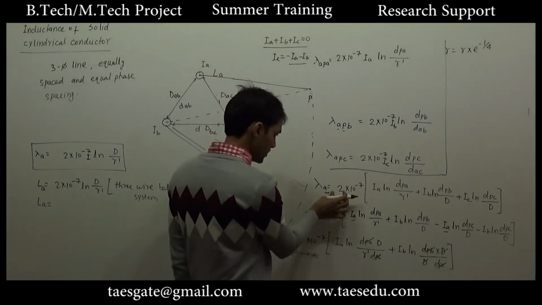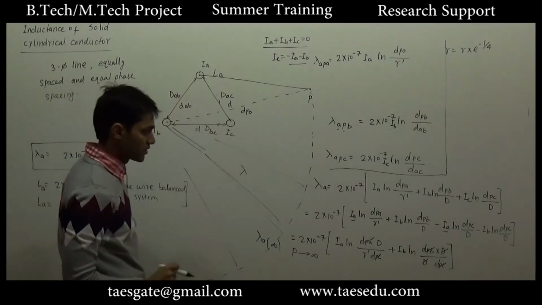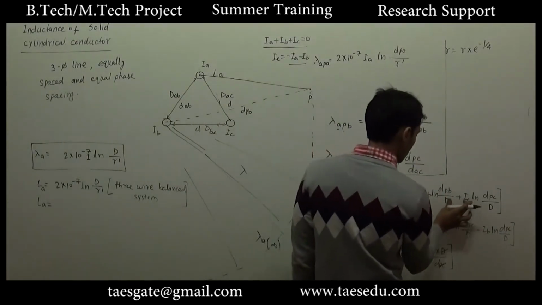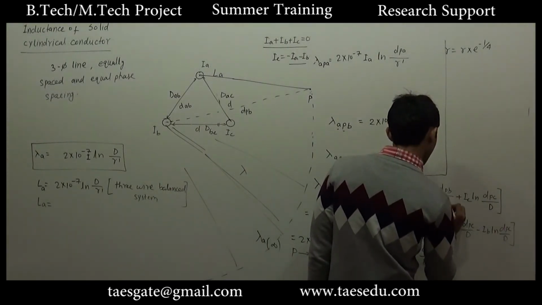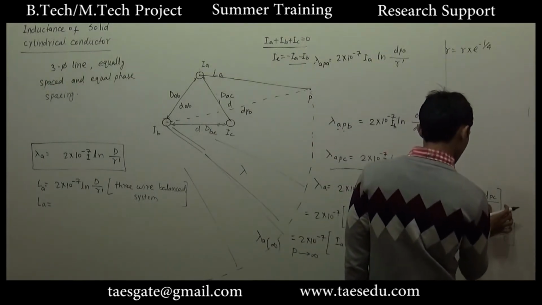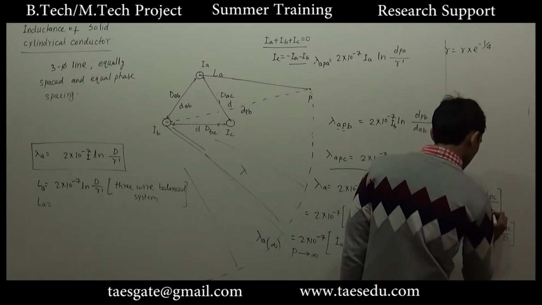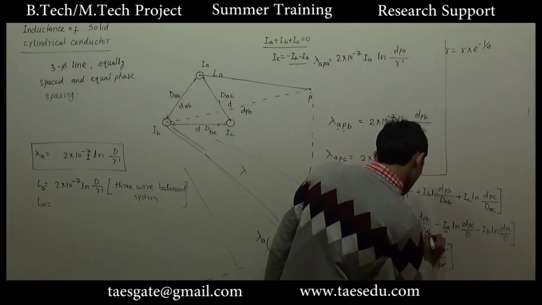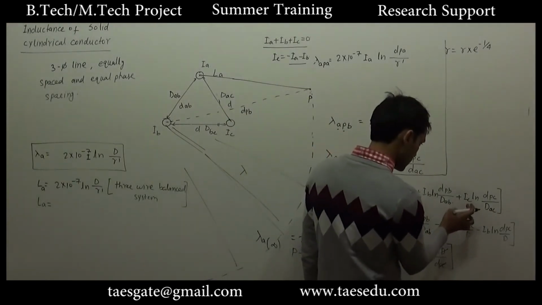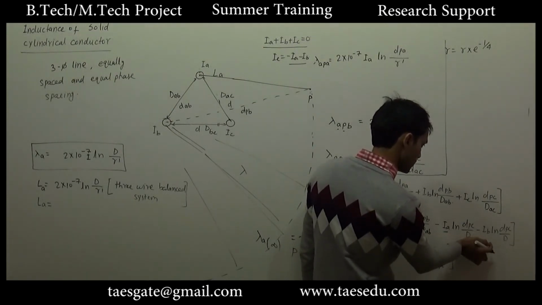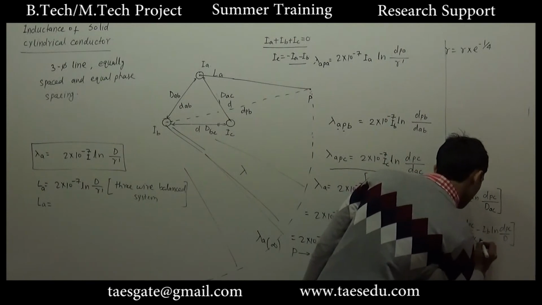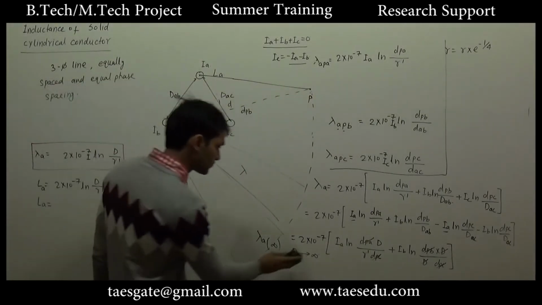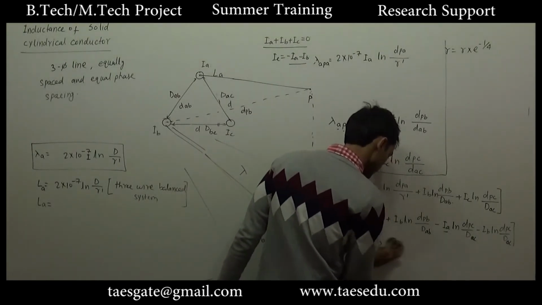Now while calculating lambda A, due to all these currents in all these three conductors, what we will have? IA dPA by R dash, dPB by DAB. Here we will have DAB. Okay, and here DAC. Okay, so here we will have DAB, and at the place of IC I have put minus IA minus IB. So this DAC will be same. Here we will have DAC, here also DAC. I am trying to get a little bit generalized result when summation of current is 0 and we have three conductors placed unsymmetrically,